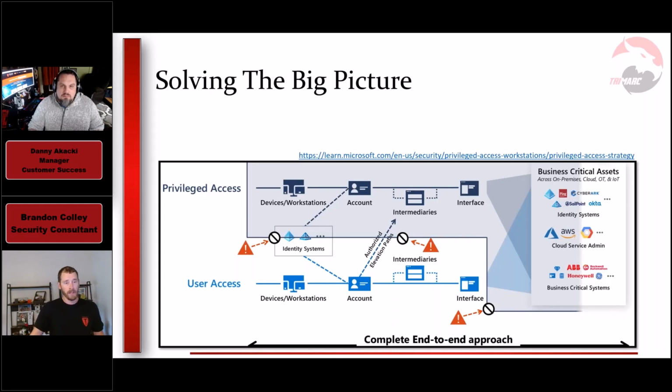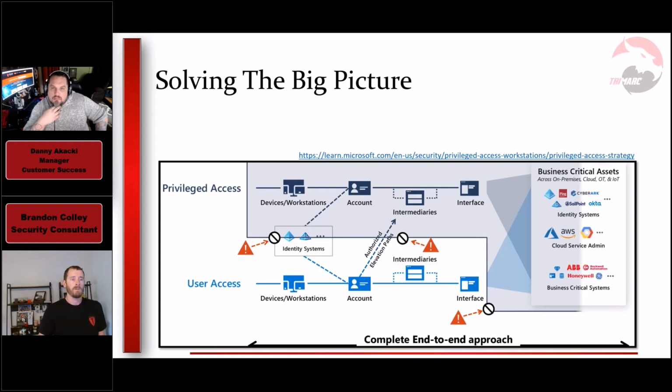Okay, just a couple more of this. I told you that I was going to mention the new tiering model, which is the privileged access strategy. Microsoft has a bunch of different words for it, like RAMP and other things. But basically this was introduced to solve the problem that tier 0 had, where its focus was primarily on groups and accounts. This solves more of that big picture where we're now talking about life cycles and workflows.